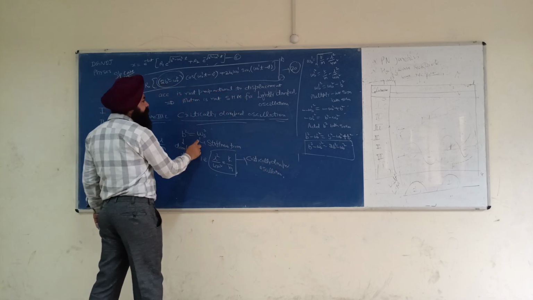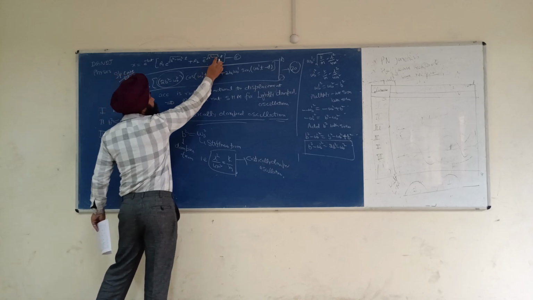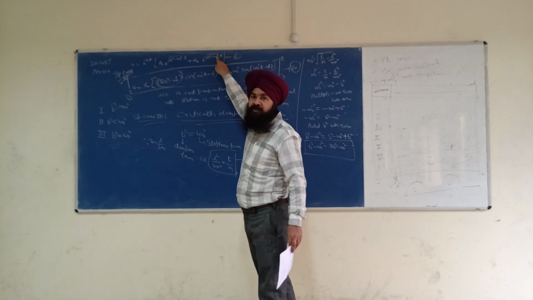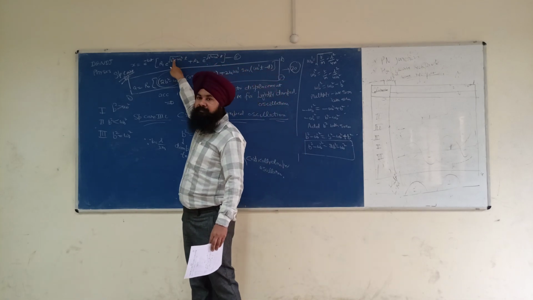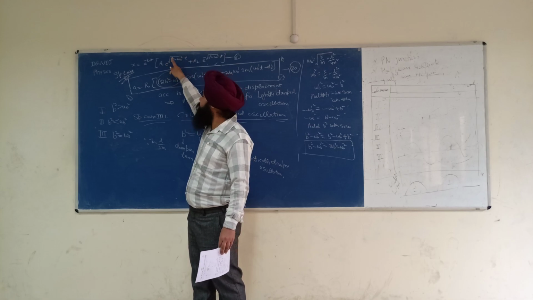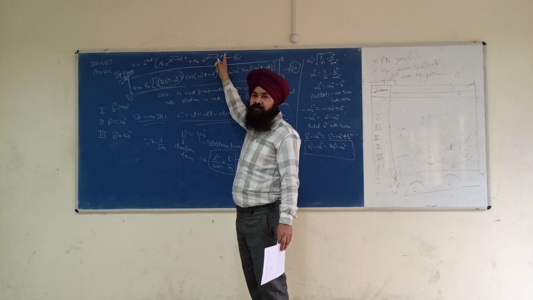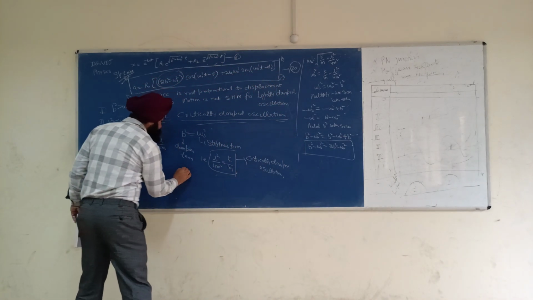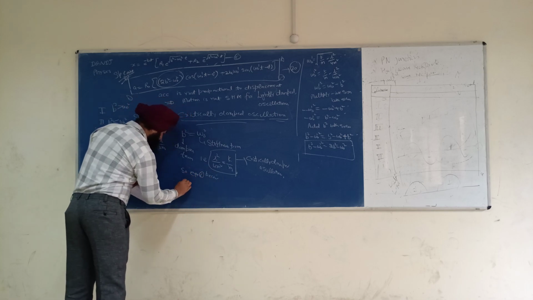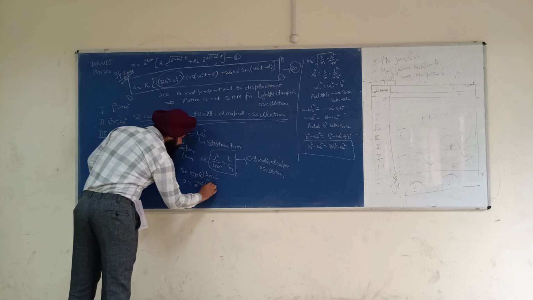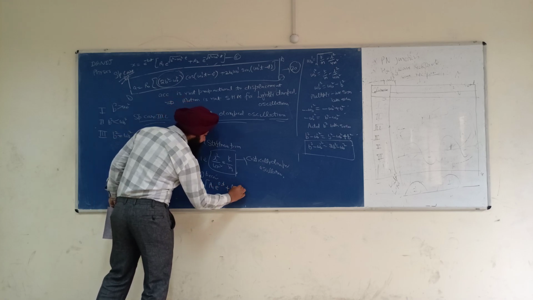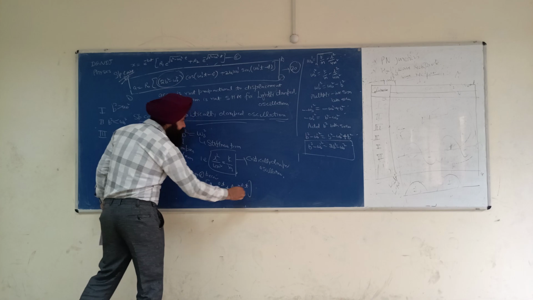Now using this equation, equation 6 will become: this term b square minus omega naught square becomes 0. 0 into 1, 0 into t is 0, e raised to power 0 is 1, e raised to power minus 0 is also 1. So equation 6 becomes x is equal to e raised to power minus bt into a1 into e raised to power 0 into t plus a2 e raised to power minus 0 into t.